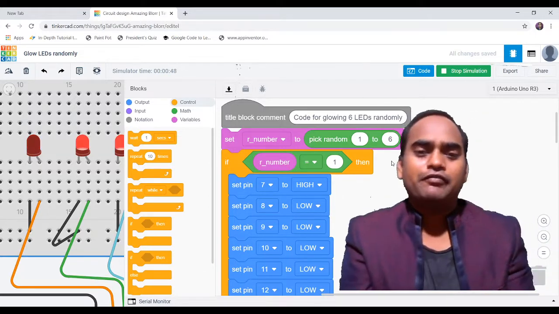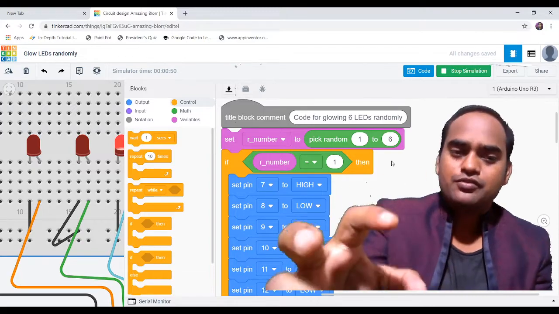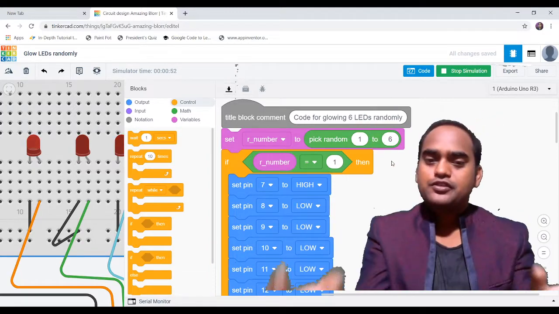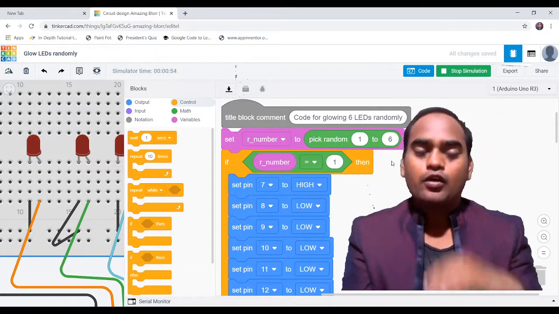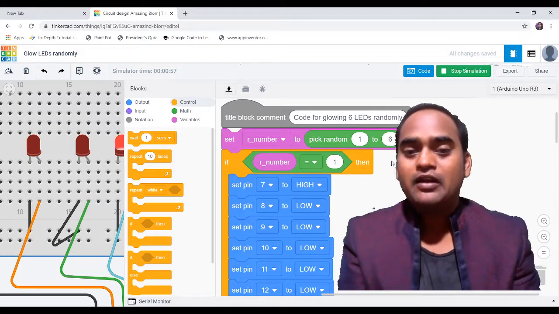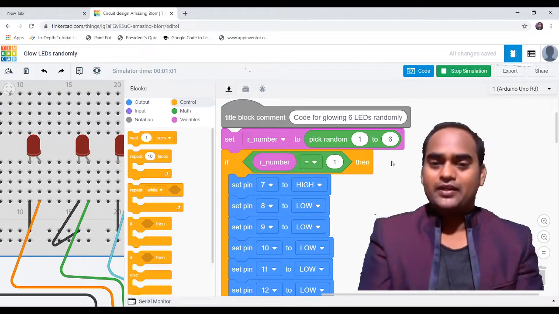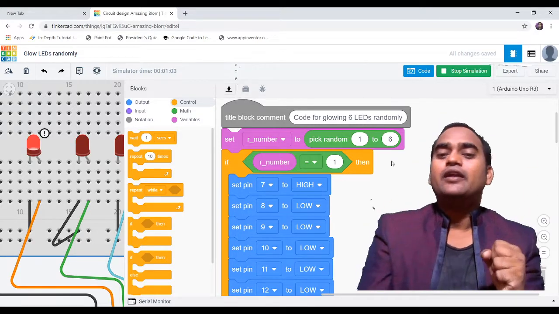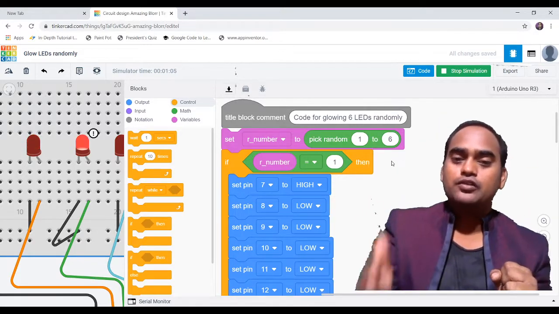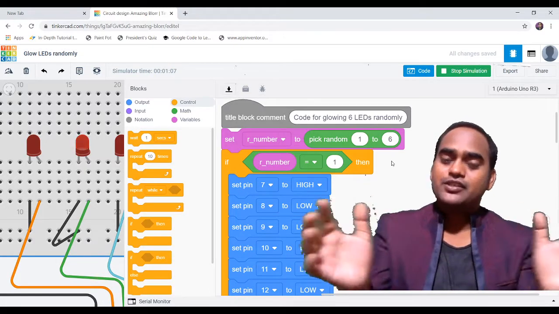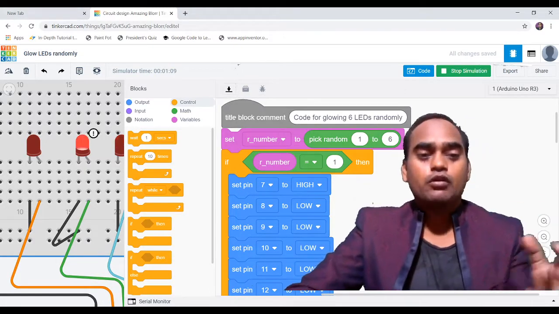The first step is generating a random number. Then it stores the value in a variable, the random number, and then the third job is to compare the generated number to 1, 2, 3, 4, 5, 6. If a match is found, it will do the corresponding work.